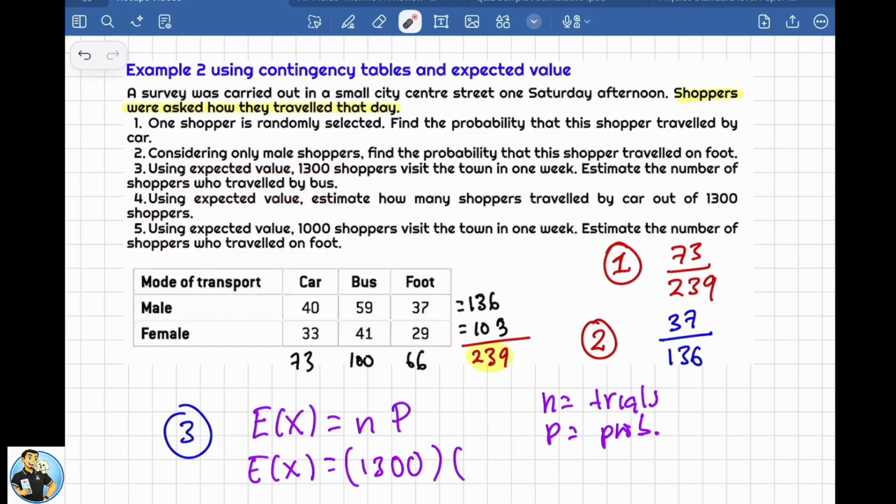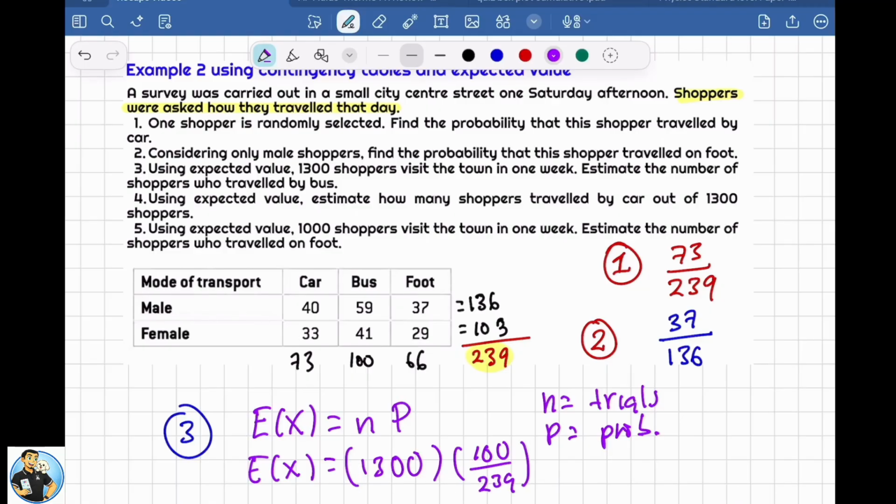So traveling by bus is 100. So the probability is 100 out of 239. Okay, so if we perform this using the calculator, we get